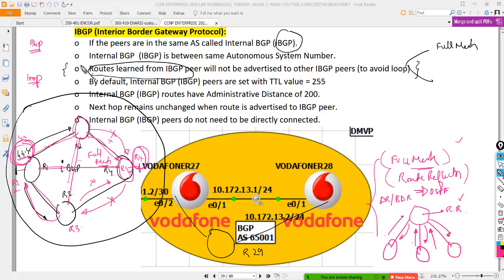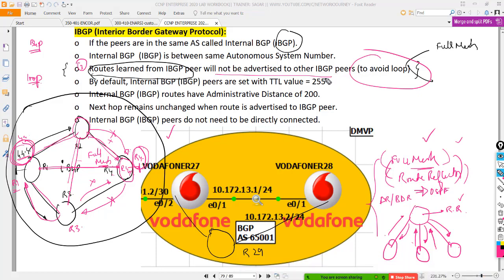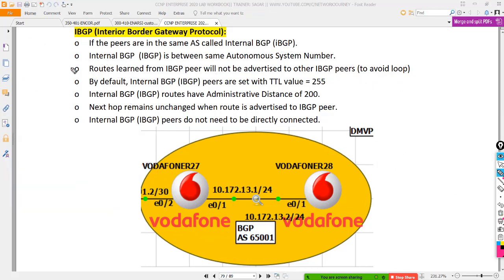But as of now, from this point number 3, if I say routes learned from IBGP will not be advertised, then just remember these diagrams that I have discussed. By default, they will not advertise in case of IBGP, because to avoid looping. But let's say you want your R4 to know the prefix behind R1, then you can go with full mesh or route reflector, and these labs we will do in the next classes. Okay, so this is explained.